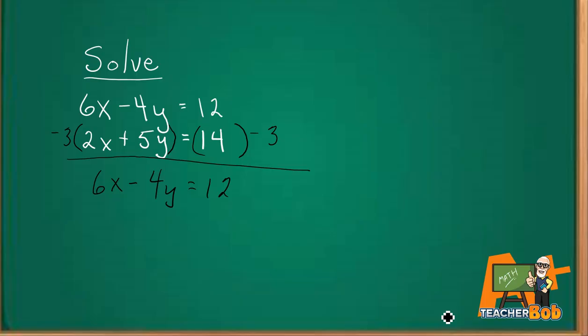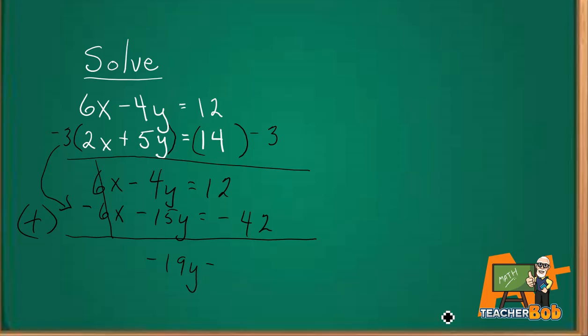So we end up with -6x minus 15y is equal to -42. All right, so we're going to combine those two equations that make up our system. The x terms cancel each other out, so we end up with